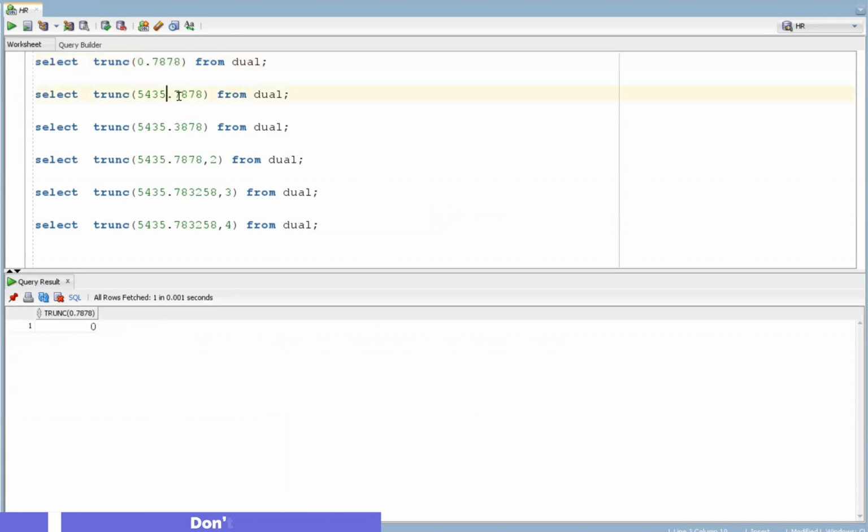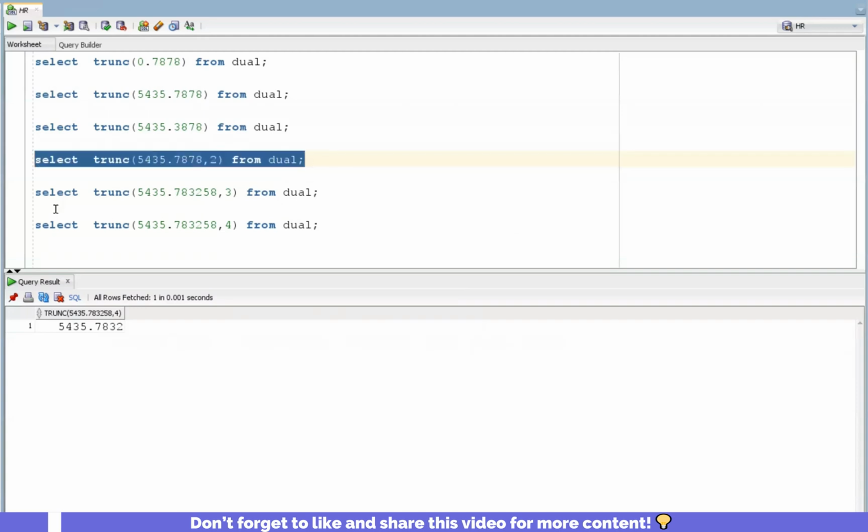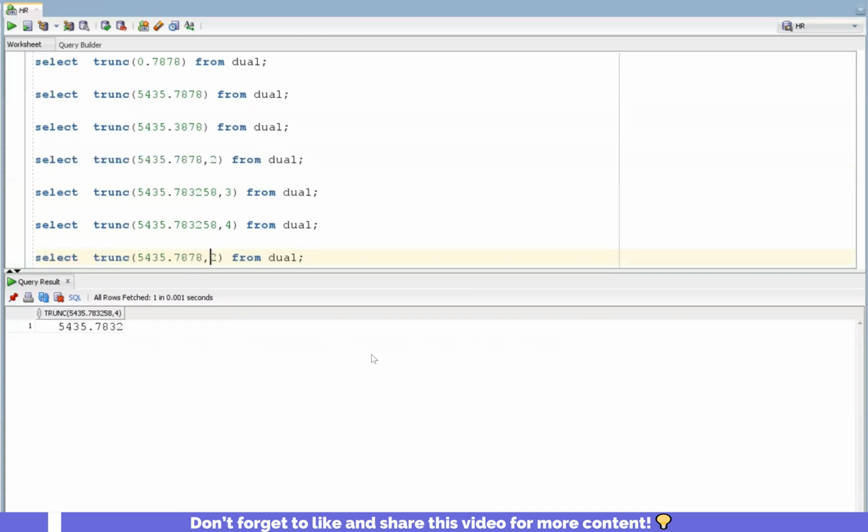So 5435.7878 will give you 5435 only. So this is also 5435. This is also 2 decimal point, 0.78. So this is 3 decimal point, 783. That's it. This is 7832. I'm going for minus. So minus here, it will not carry forward anything here. So if it is minus 2,